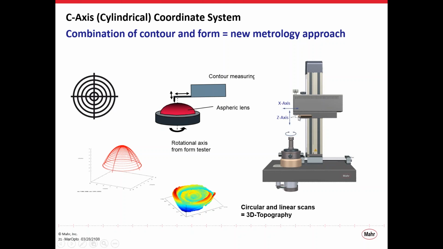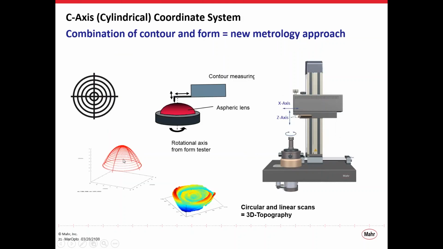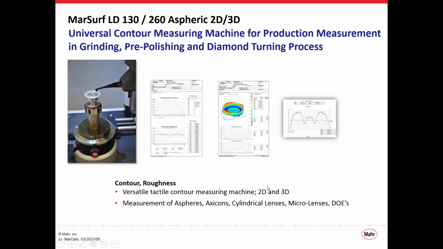comes into contact with the surface under test, and the probe is translated along the x-axis while the part is rotated around the c-axis. The probe displacement is then measured in the z-axis, and this information is used to generate a point cloud to represent the surface. We can then fit data to that surface or use that data to calculate surface statistics.